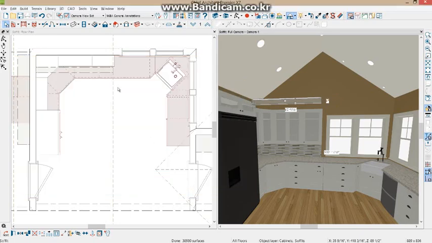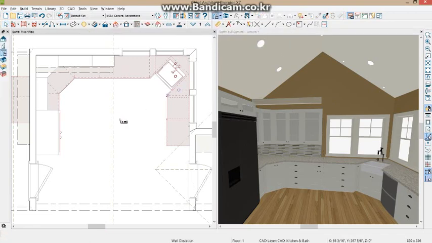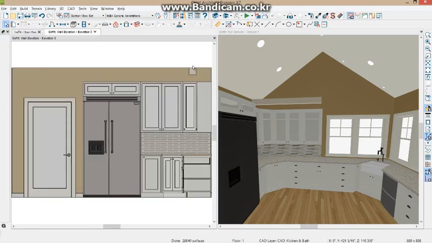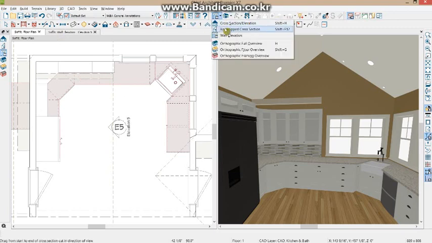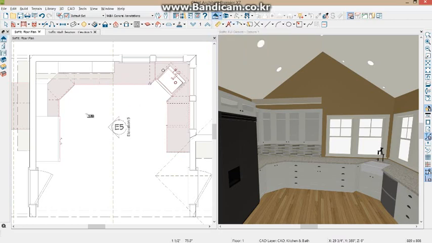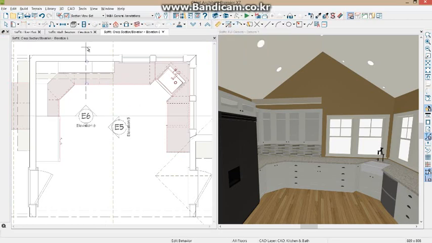Now before I take my next step, I'm going to run a wall elevation in my plan view. In the wall elevation I can be more precise, so I'm just going to take a wall elevation of the left wall, and you can see where that soffit is snapped. Let's also take a second elevation, and instead of using the wall elevation tool, which will just give us the wall, let's use the cross section tool